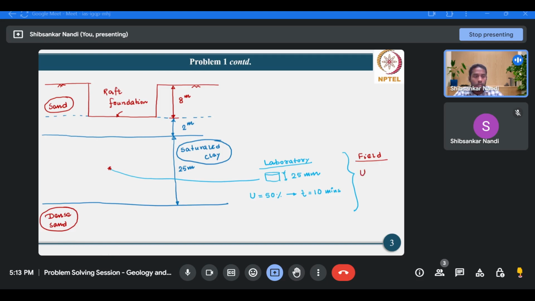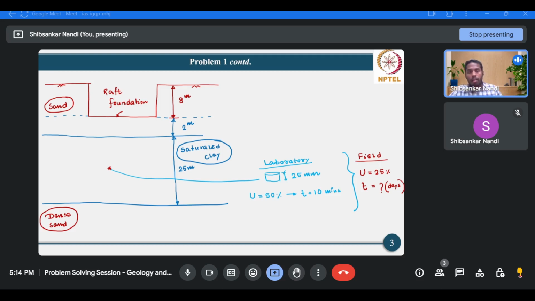So if your U equals 25%, then what is the required time, and that we need to estimate in days. Okay,